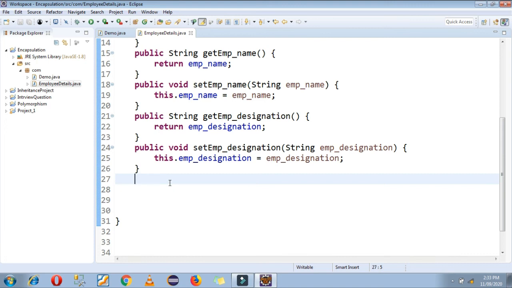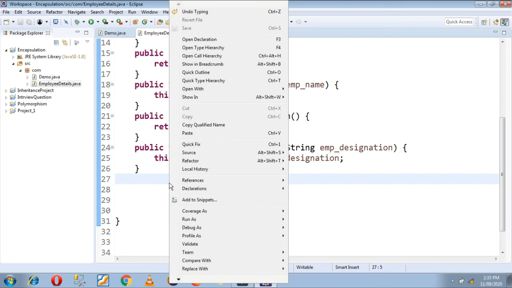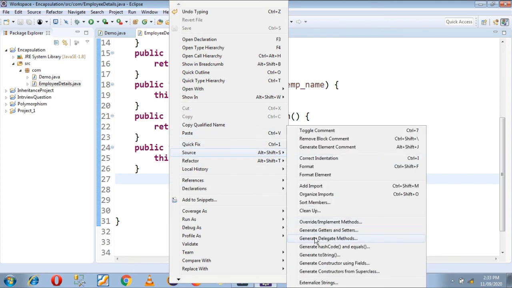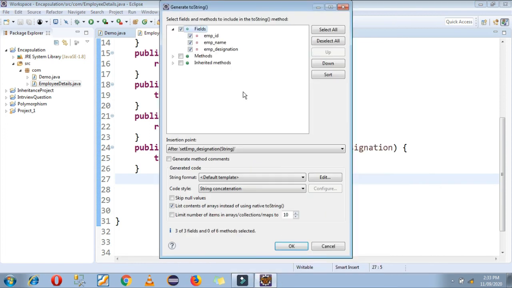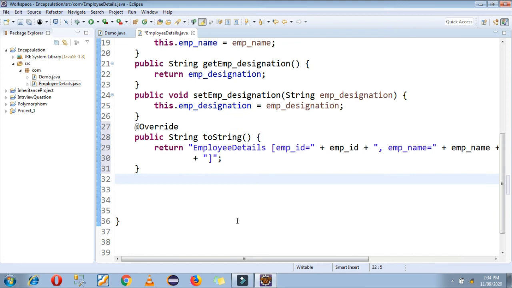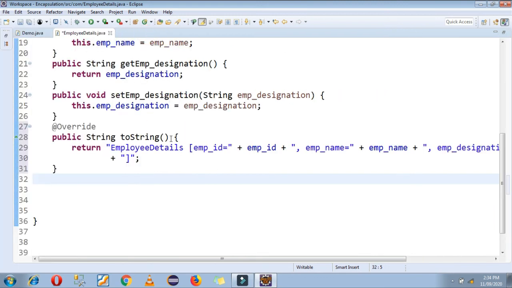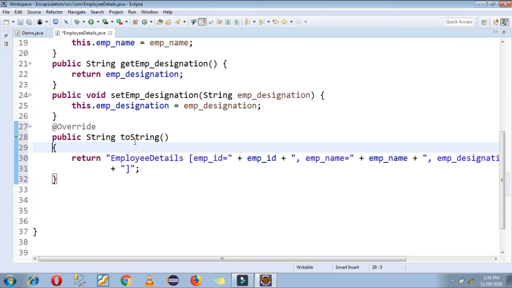Now how to create toString function? So here is the shortcut. Just right click on your class, Source, and Generate toString function. I want to print the value of these three variables. That's why I am just clicking on these check boxes and click on OK button. Here you can see my toString function is created now.